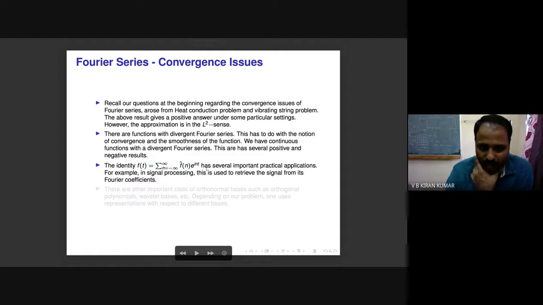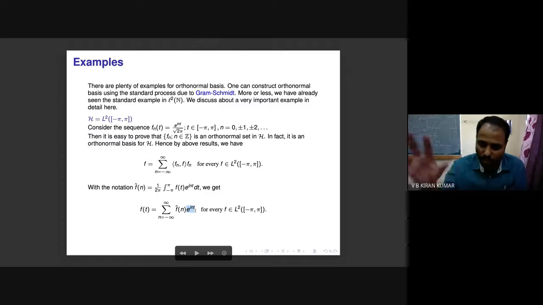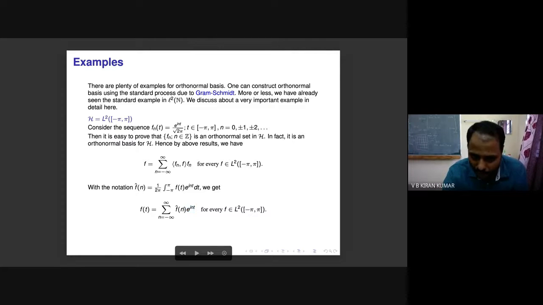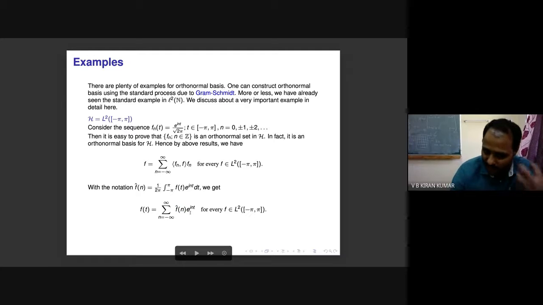See, you write it like this. For example, in signal processing, this is used to retrieve the signal. I will mention just one thing. This exponential thing will be stored somewhere, and these Fourier coefficients, f hat n's, are the things which we will send. Corresponding to a signal, you perform the Fourier transform and send that. So in signal processing, if you want to retrieve f, you consider this, which is known as the reconstruction formula for f. That is an important thing.